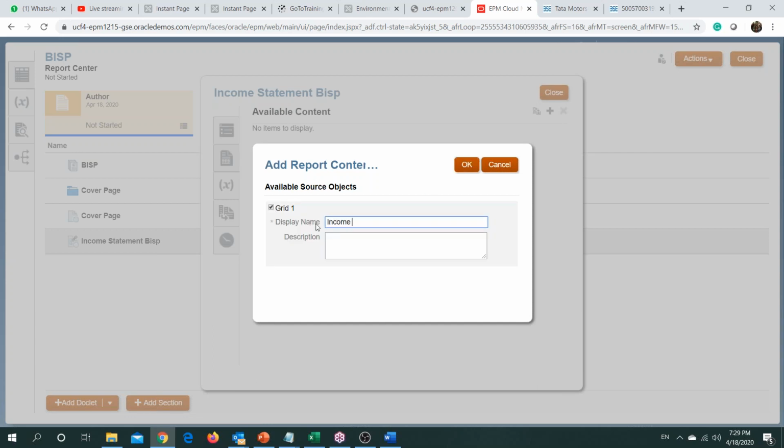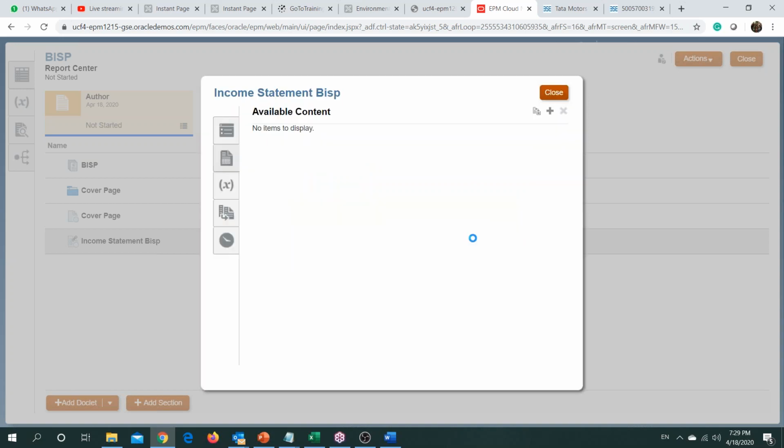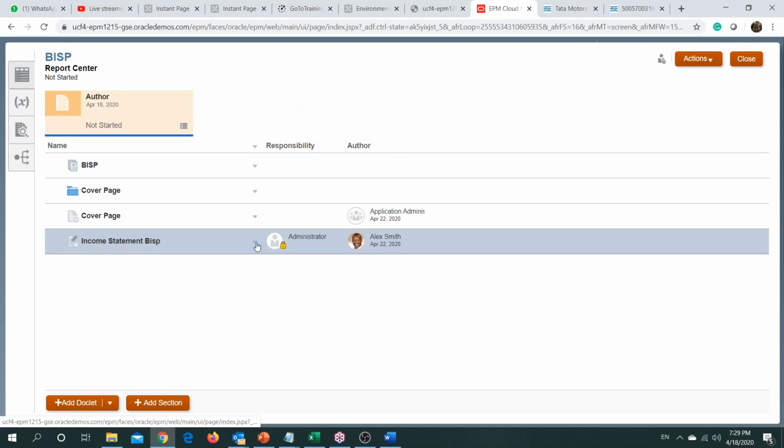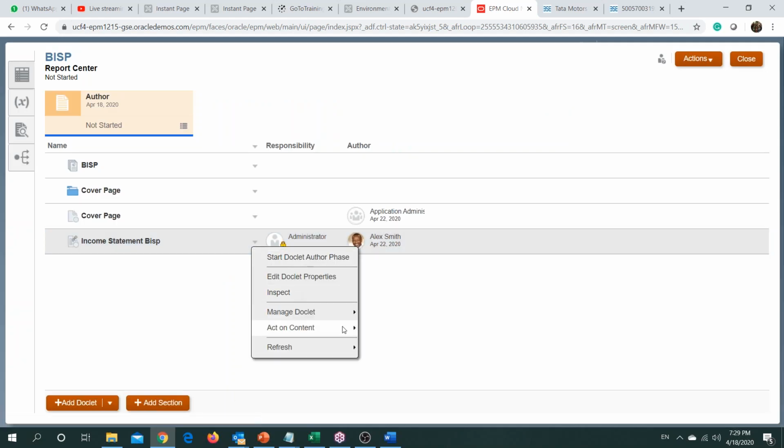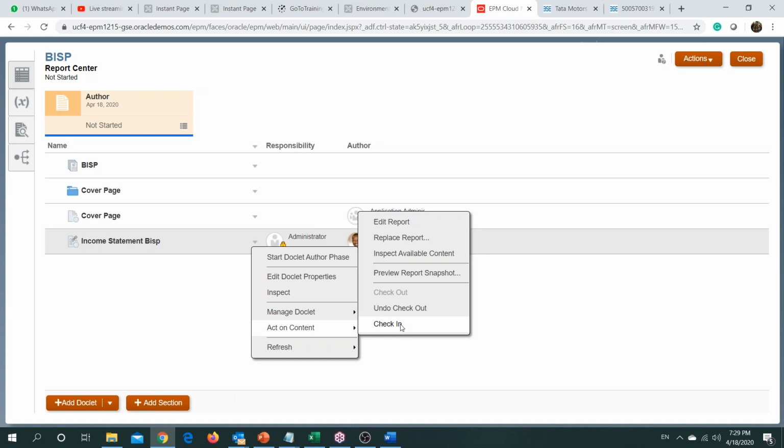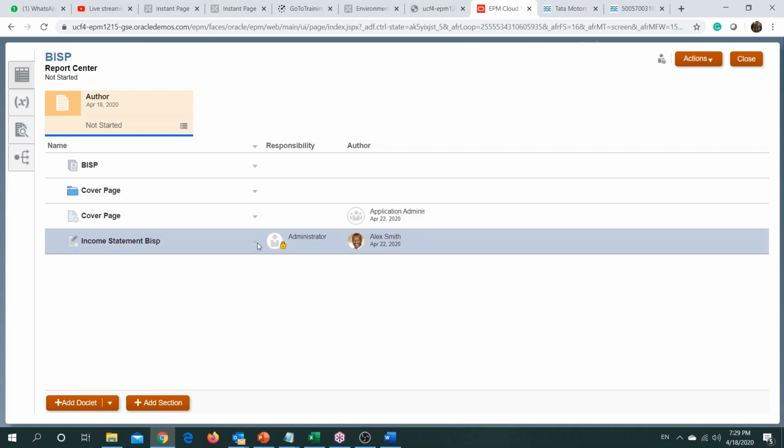Change the grid name accordingly. Okay, click OK. It is showing that it is not, as of now, used in any document. Just close and check out. Sorry, we need to check in.